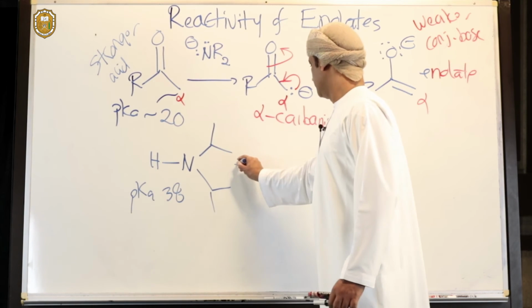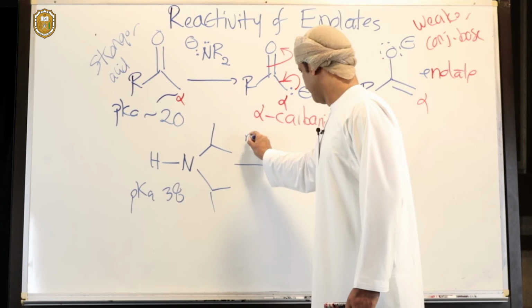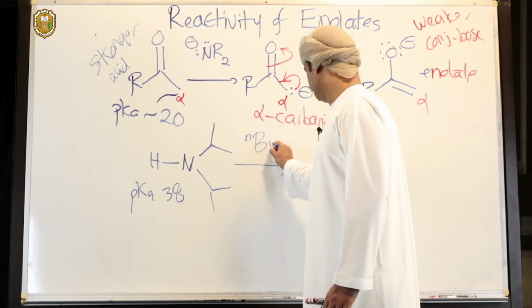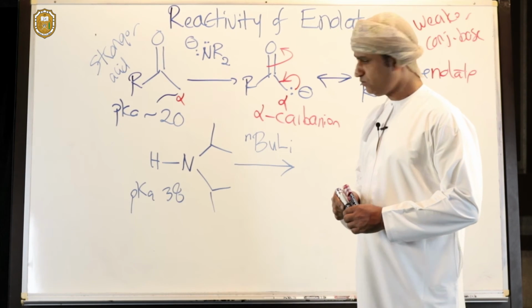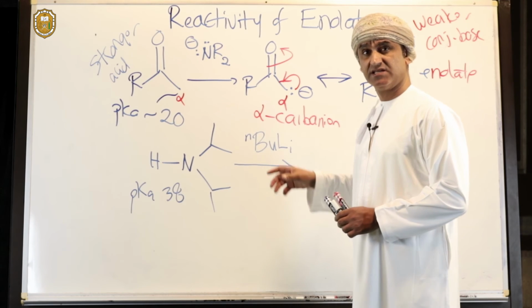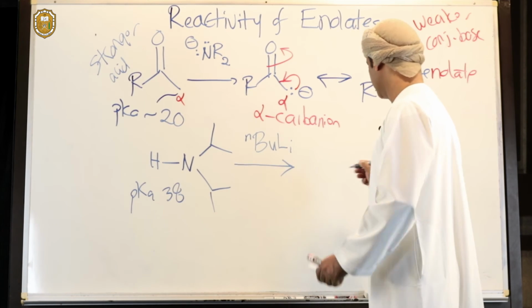If diisopropylamine is deprotonated with n-butyllithium, an alkyl lithium, which is a very strong base, this strong base can take off that hydrogen to make the corresponding amide,